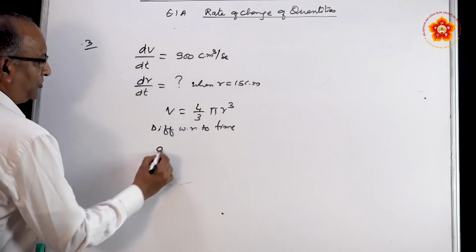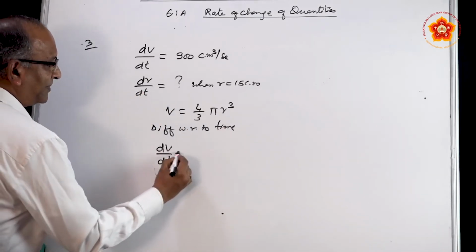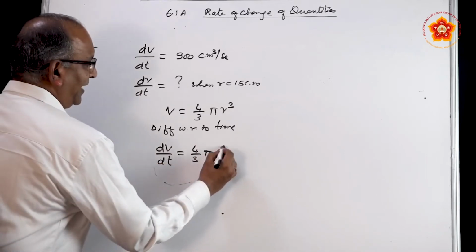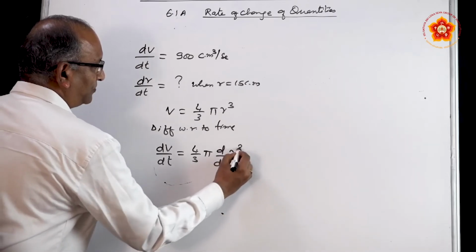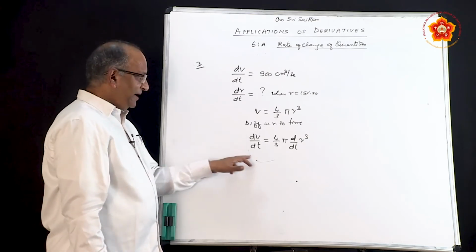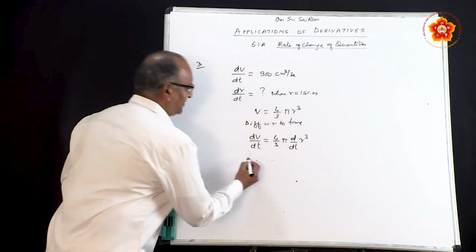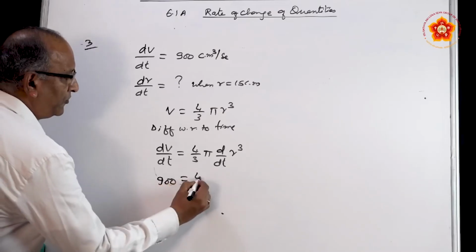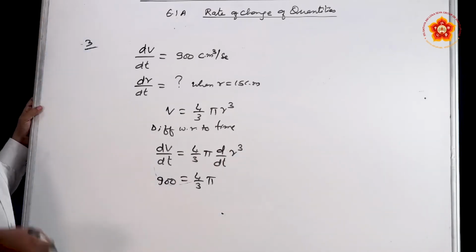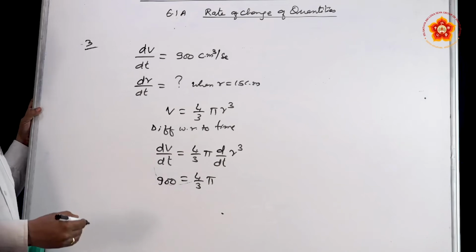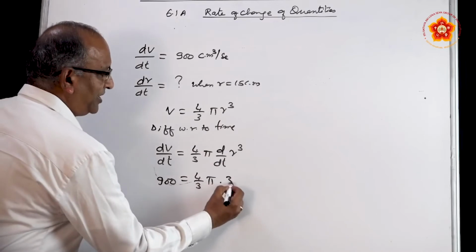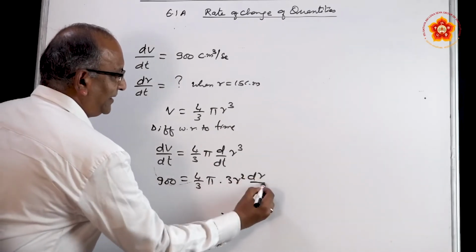So left side when you do, you get dV/dt is equal to 4/3, which is constant, pi is also constant, put them outside, and it is d/dt of r cube. This dV/dt is given, so substitute its value: 4/3 pi as it is, d/dt of r cube. I am sure by now you have learnt how to find derivative of one variable with respect to other. It is not r but with respect to t, so it will become 3r square into dr/dt.